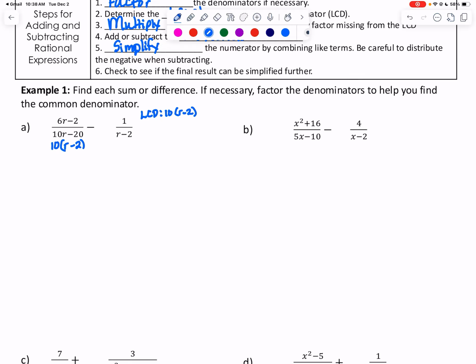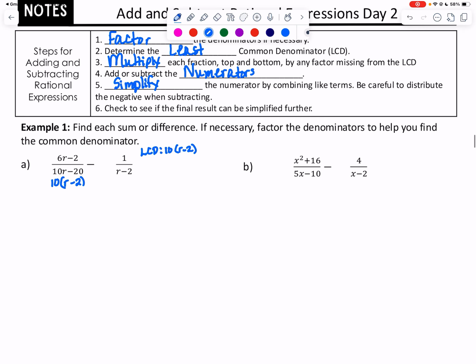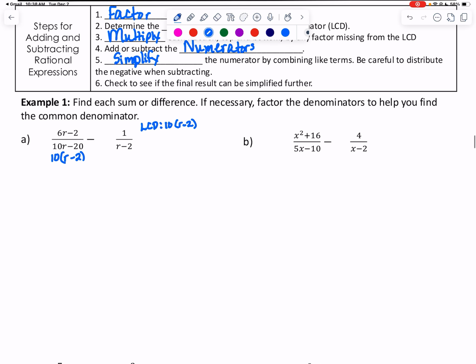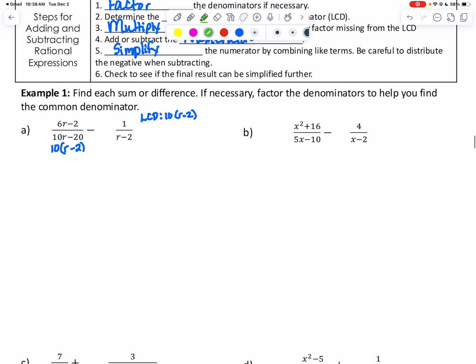All right. So in step 3, we're going to multiply each fraction, top and bottom, by any factor missing from the LCD. Well, in our first denominator, we have both components of the LCD. We have the 10, we have the r minus 2. So we're not going to need to multiply it by anything. Now, my second denominator, r minus 2, I'm missing the 10. So I'm going to have to multiply the top and the bottom